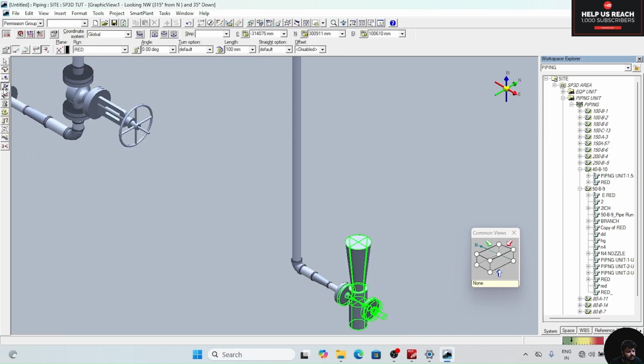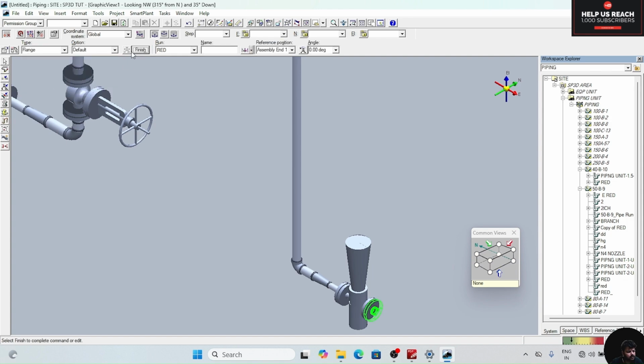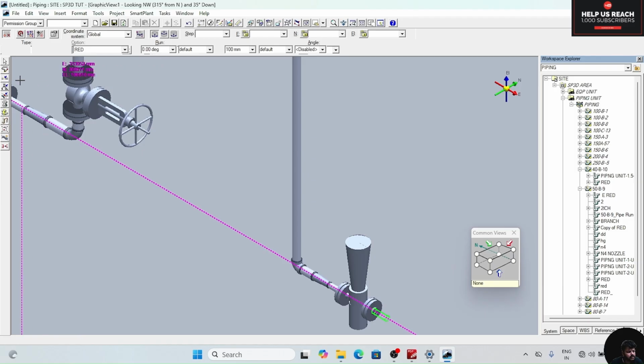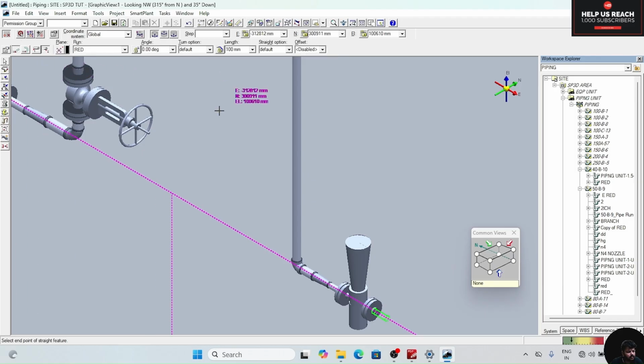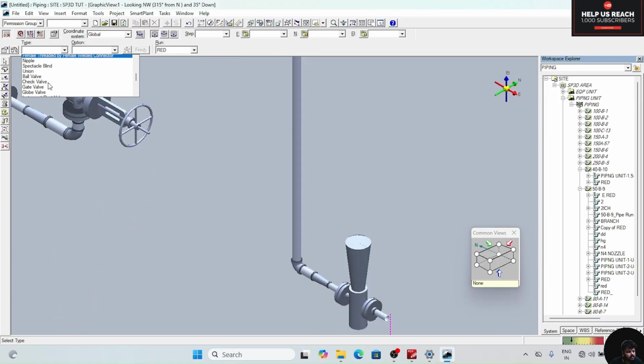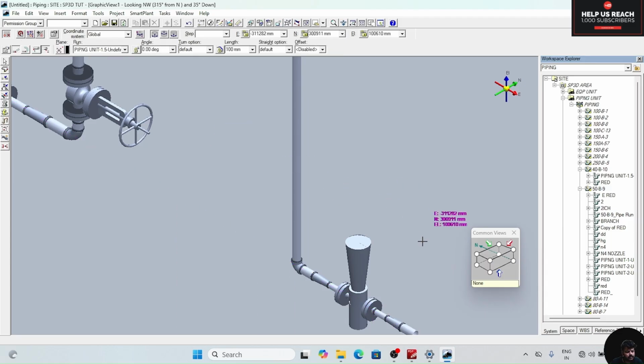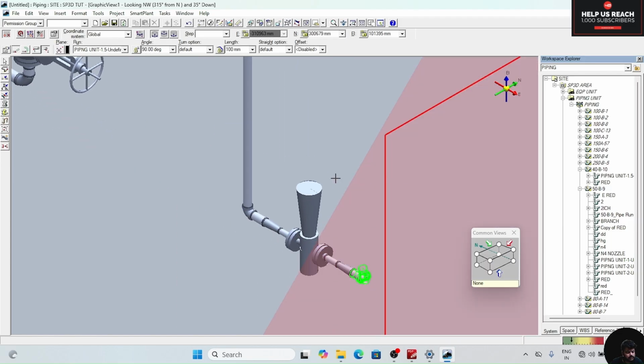Again insert component, flange, click on finish, click anywhere on the screen again. Now insert component, reducer, concentric size change, select graphically, select this line, click on finish. Now click anywhere on the screen, you can see that.